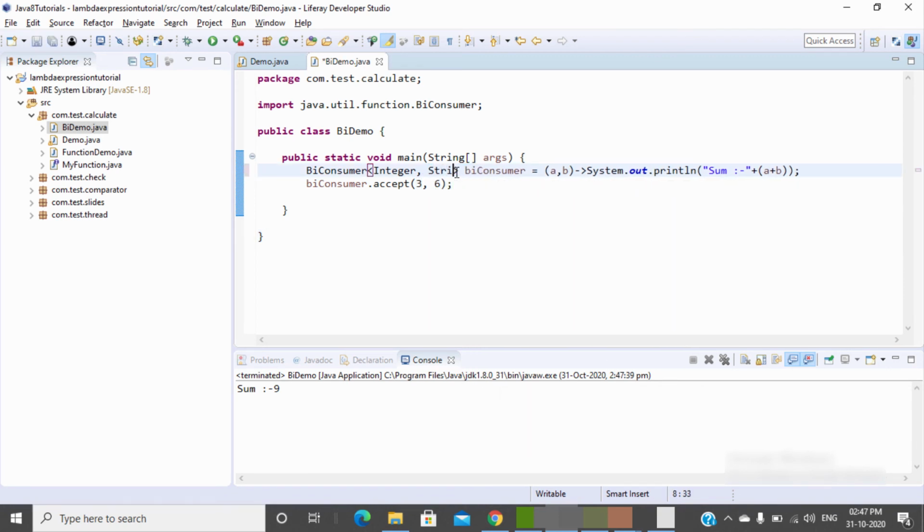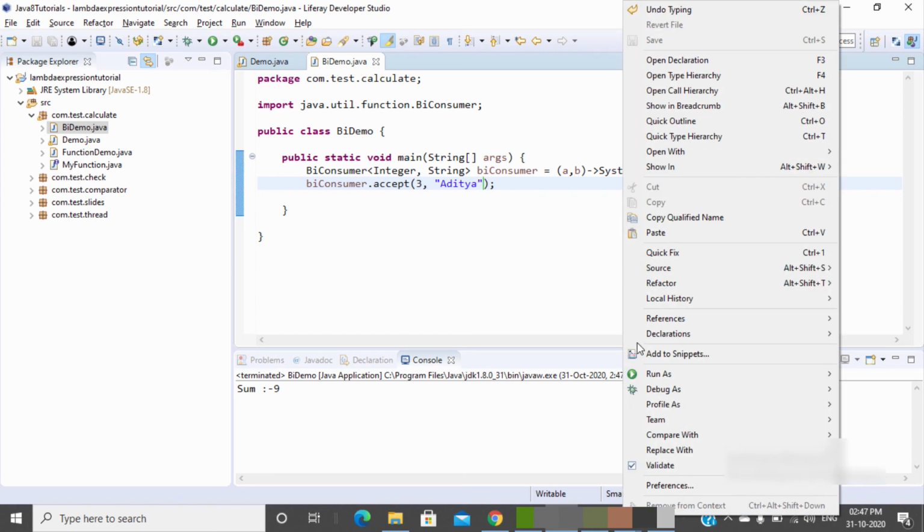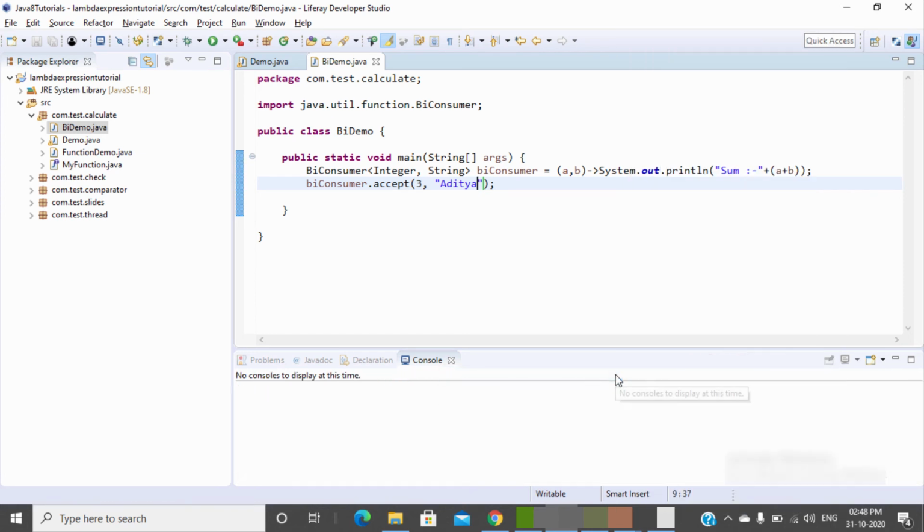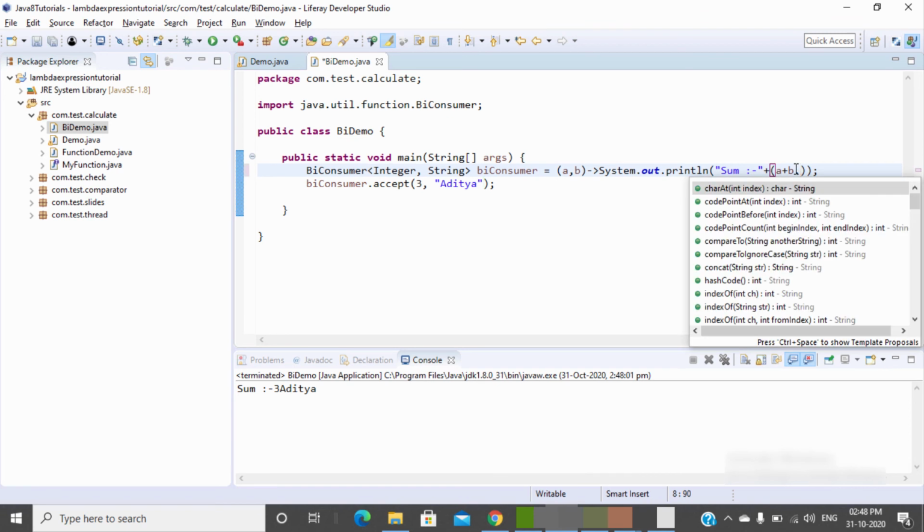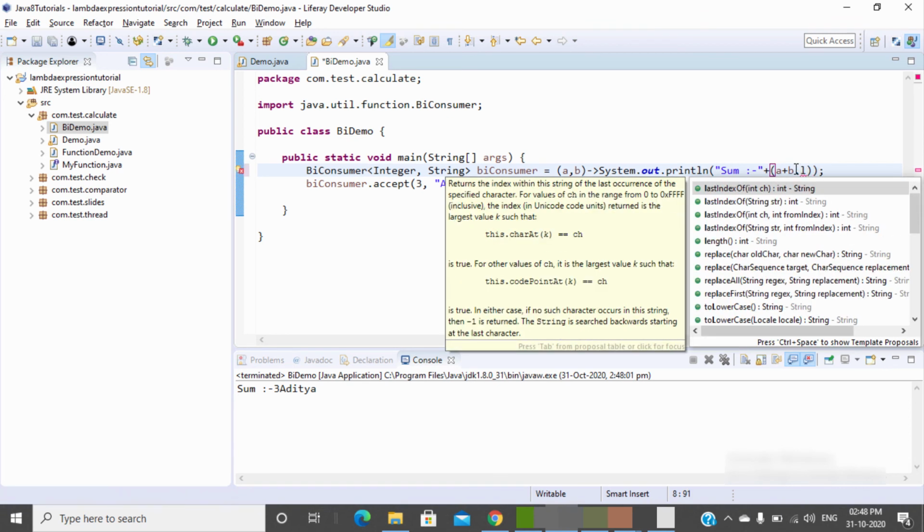You can also change any of the arguments. Let me change it to string, so this will give me an error. So let's pass the string. Now it will concatenate like A plus B. Now 3 and Aditya's answer, 3 Aditya, so it concatenates both of these. If you want to perform some operation, you can use length.